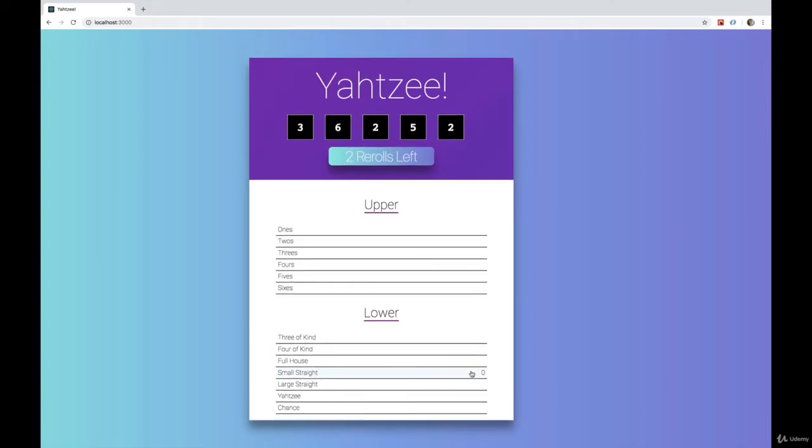It should be disabled, or somehow I shouldn't be able to use it anymore. So now if I happen to get a small straight, we'll see if I actually get one. Come on, give me a 4. Nope. Okay, I'm just gonna throw that one away. Here we have 4, 5, 6. Give me a 3, please. Nope. Throw that one away. Okay, I had to roll a bunch of times and edit it out, but I finally got a small straight,